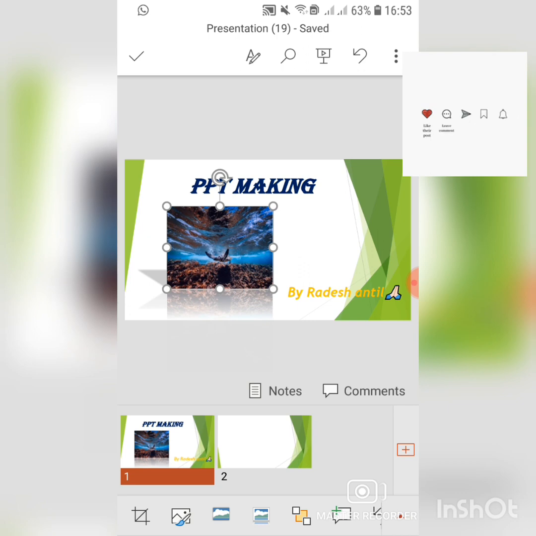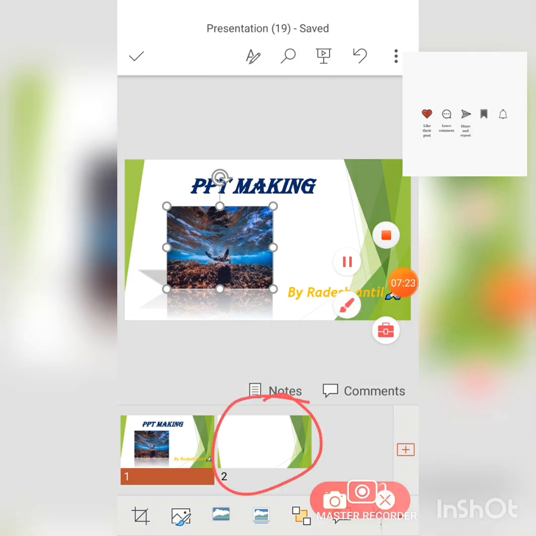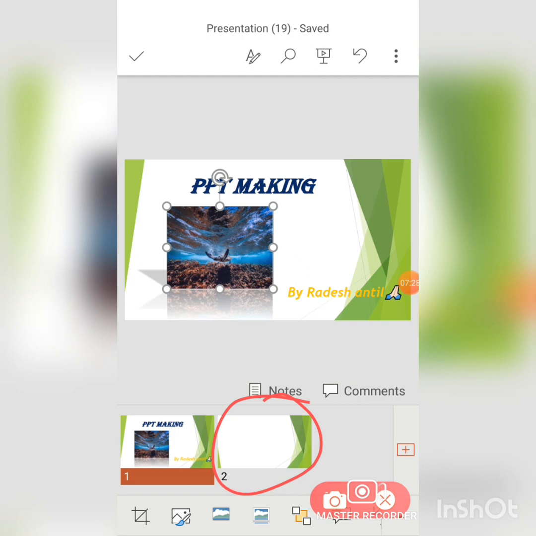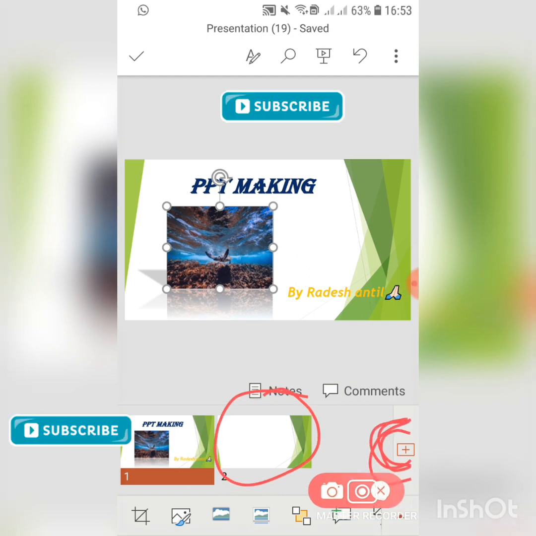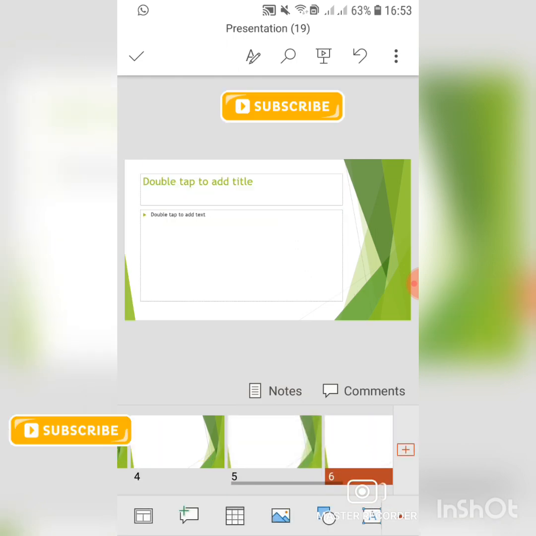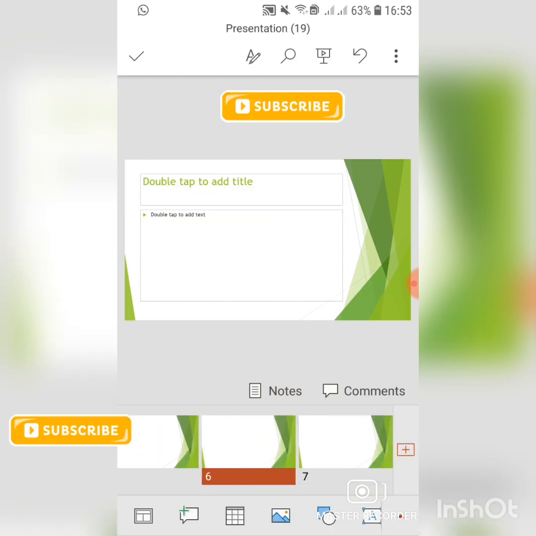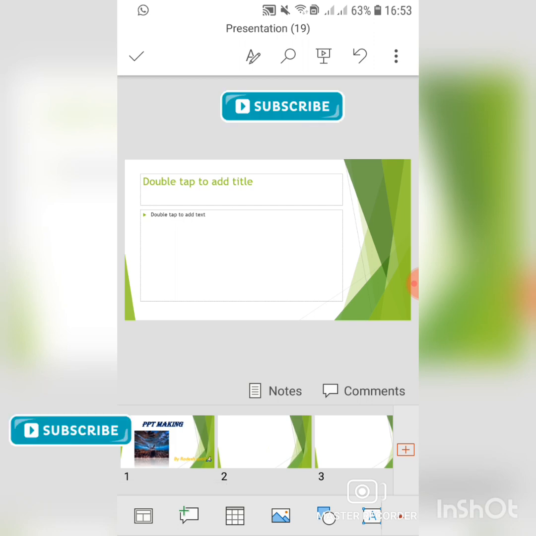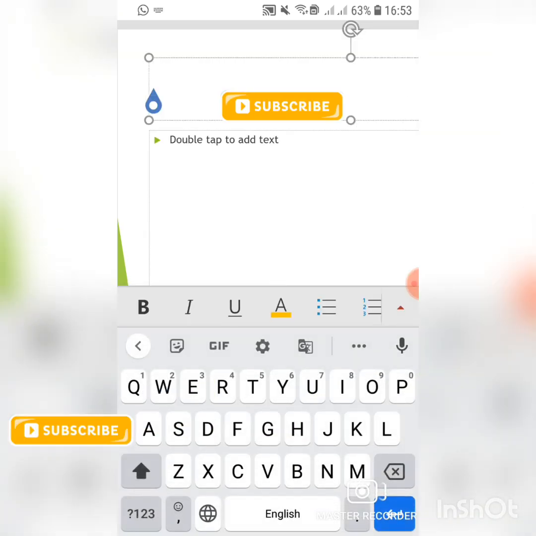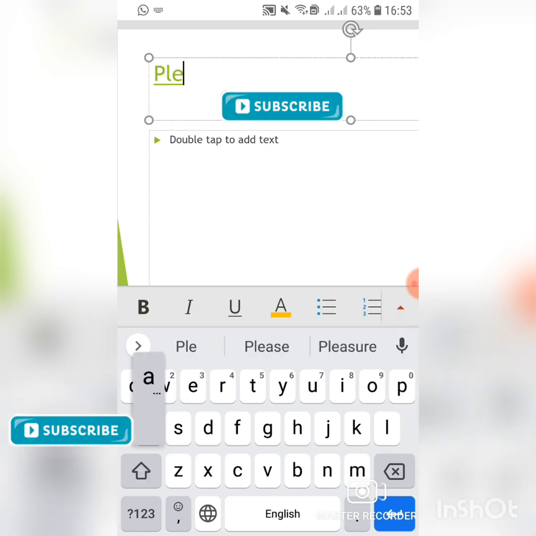So I did it here. To go to the next slide, you just click on the second one by simply clicking on this. If you want any other PPT slide template between them, click on this plus option. You can create as many as you want. Here I clicked plus many times and I got 7. I'll go to the second one and give the title name like I gave here.